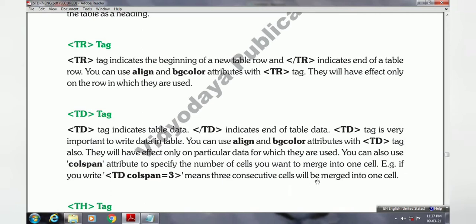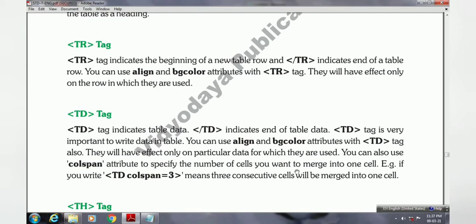You can also use the colspan attribute to specify the number of cells that you want to merge into one cell. Do you remember the effect of the merge cells option in Word when we were creating a table? To merge the cells of our table, we were using the merge cells option.